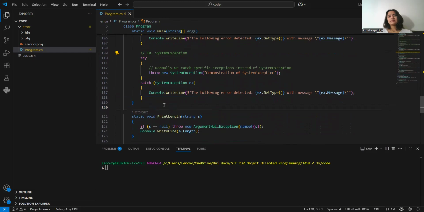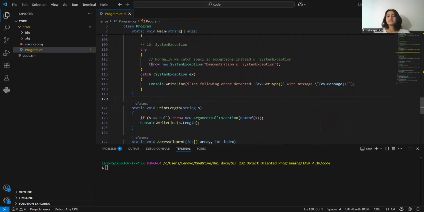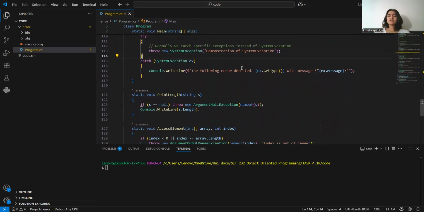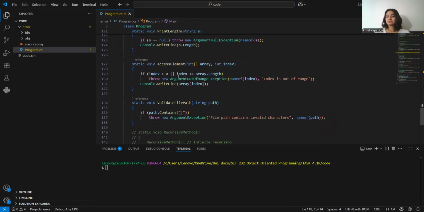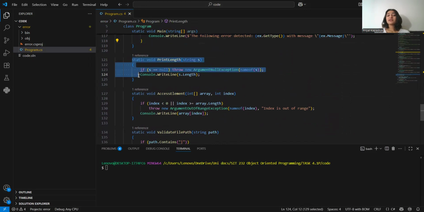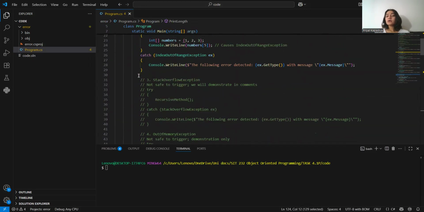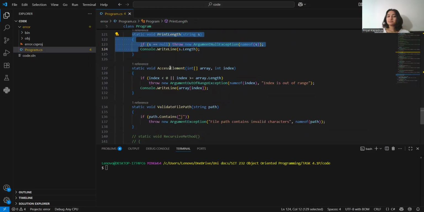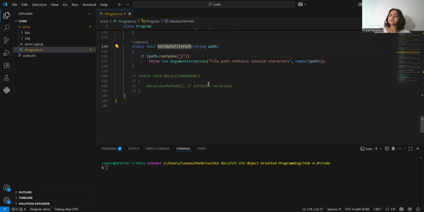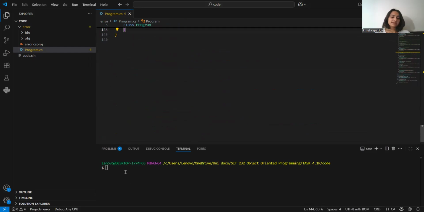This is system exception. Normally, we catch specific exceptions instead of system exception, but still we can throw it. We can use a demonstration of system exception and do it using the same thing. The print length, access element, and validate file type are the functions which we are using in all the above try and catch things. Yeah, that's it. So let me run the code